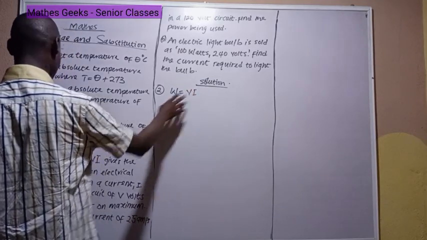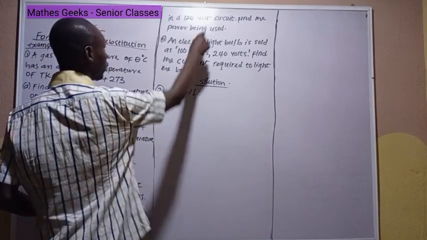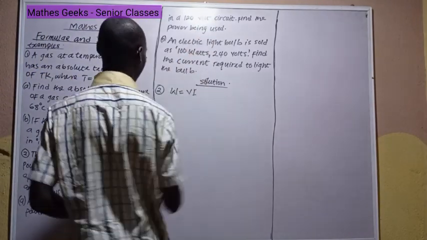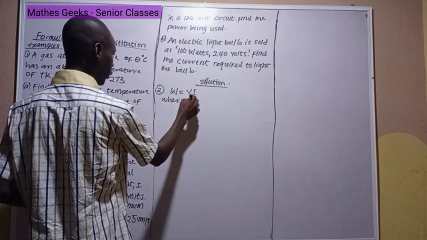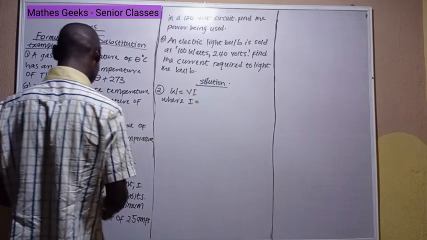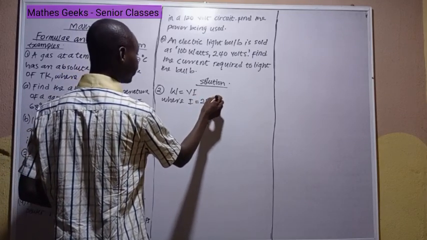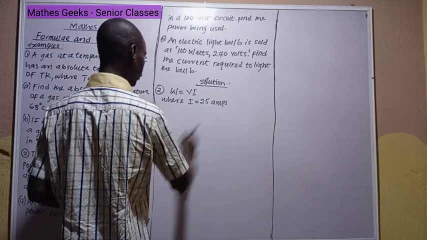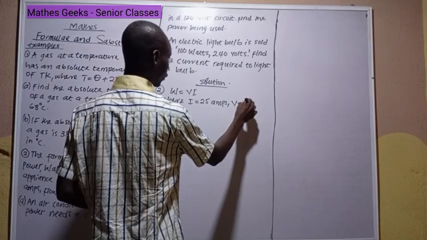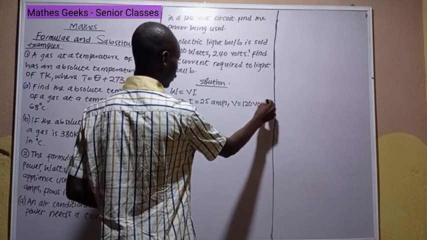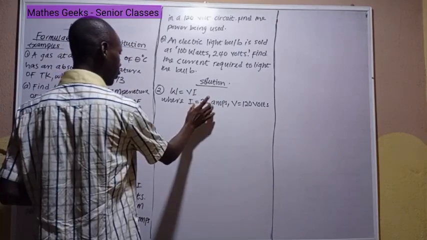I is the current, the unit is amps, and V is the voltage, the unit is the volt. Okay, so now where I is equal to 25 amps, and V is equal to 120 volts. Remember we're doing substitution, so we substitute these values